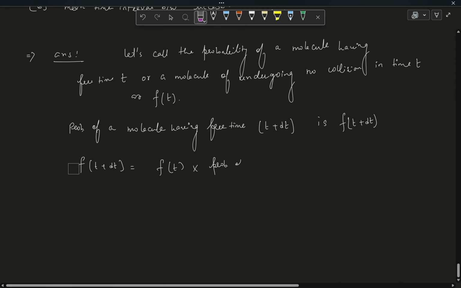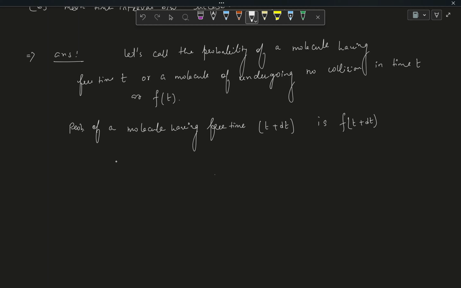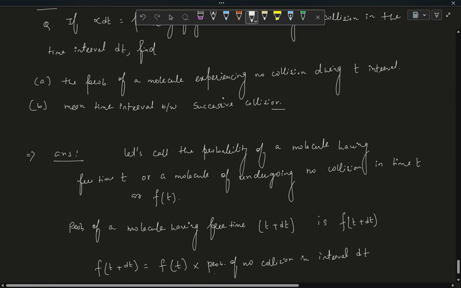Sorry, I think I have to rephrase. There is a confusion in the terminology. So f of t plus dt is basically for the molecule to have no collisions in time t plus dt. So f of t plus dt will be a multiplication of two other probabilities. One is the probability of having no collision in just time t, and the other is the probability of no collision in the interval dt, right? So this will be f of t into,